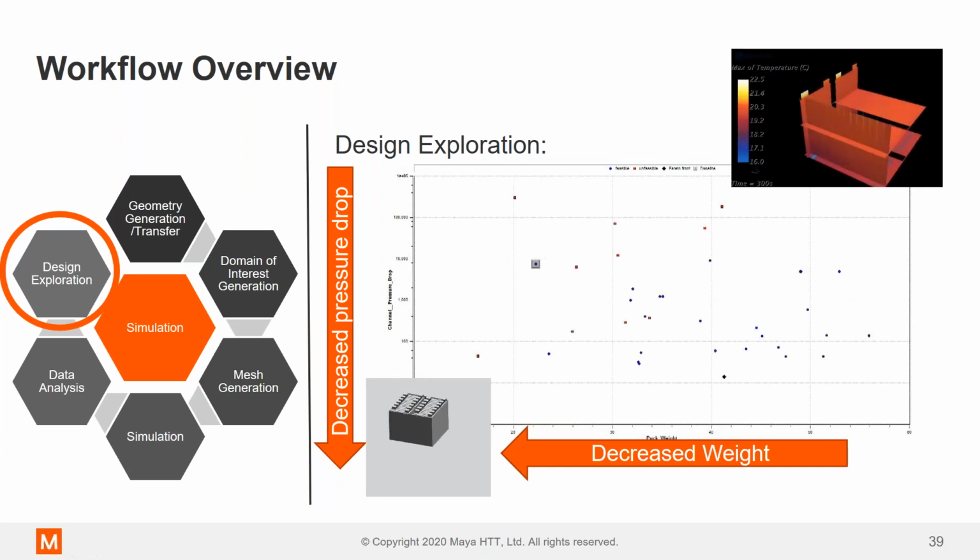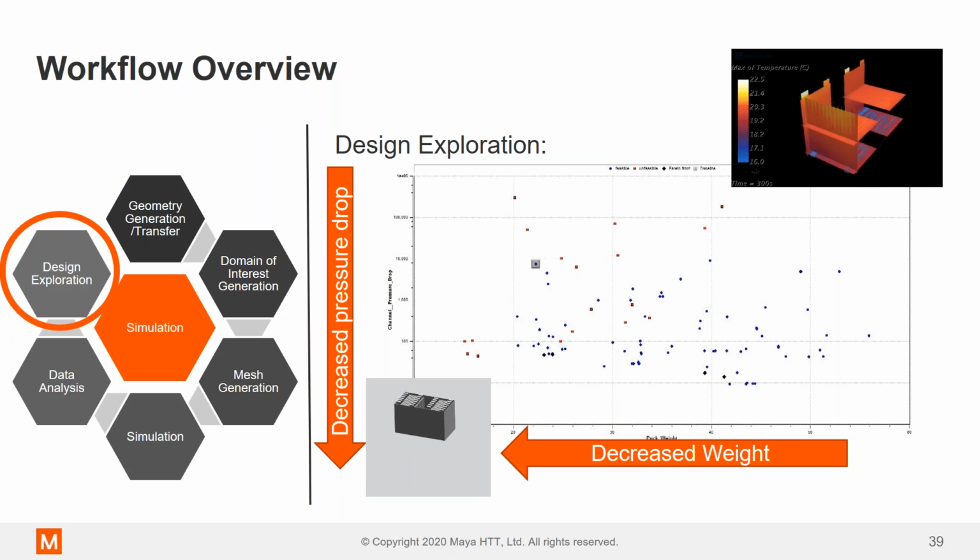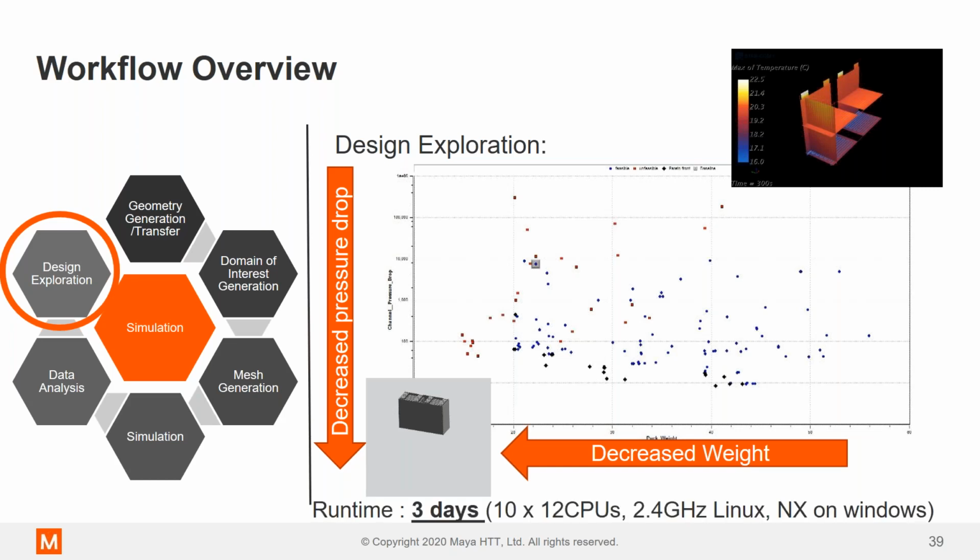As you can see over here, for each given point, for each simulation, the files are available, the scenes. Anything that's blue is feasible, anything that's red is infeasible or has crossed the constraints. And from this given graph, you can basically select a design of minimum pressure drop and decreased weight. And this was all done embedded within StarCCM Plus, and no other tool was essentially used for this given simulation.